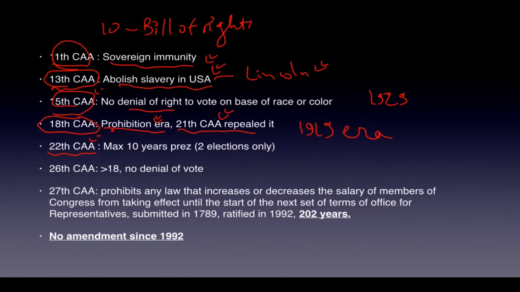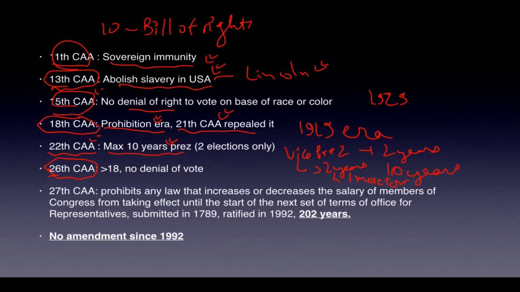Now the 22nd Constitutional Amendment Act deals with the rule that a president cannot have more than two elections. Let's say the president steps down and the vice president becomes the president, and if he has served for 2 years, then he can get elected for two more terms. So a maximum of 10 years can be served. If he serves more than 2 years as president, being a vice president, that is, he was not elected, then in that case he can be elected only for one more term. So is that understood? 10 years is the maximum period for which a US president can stay as president.